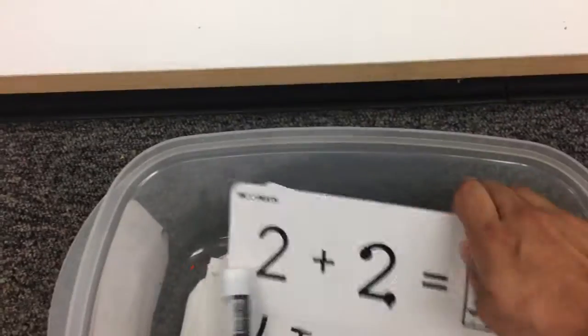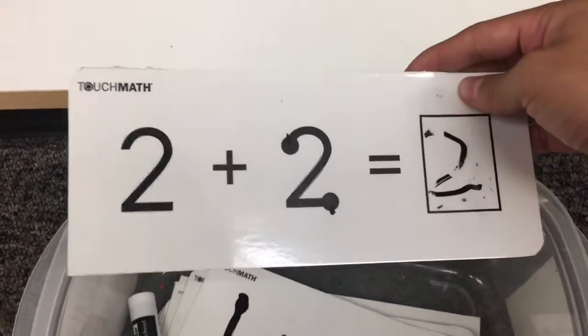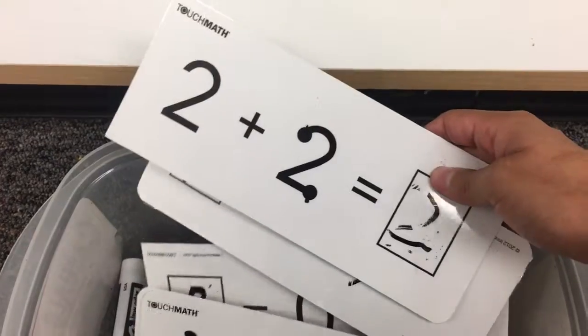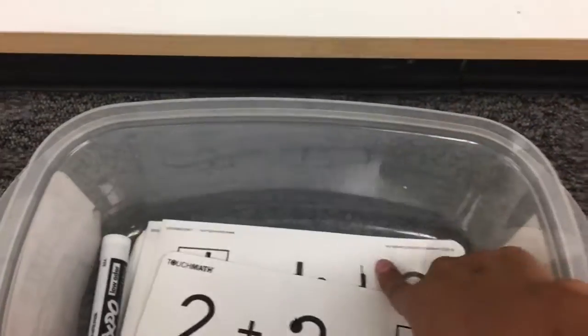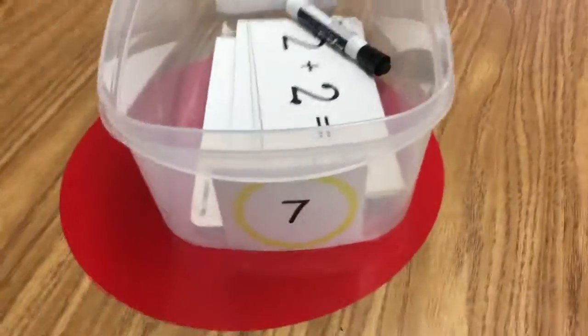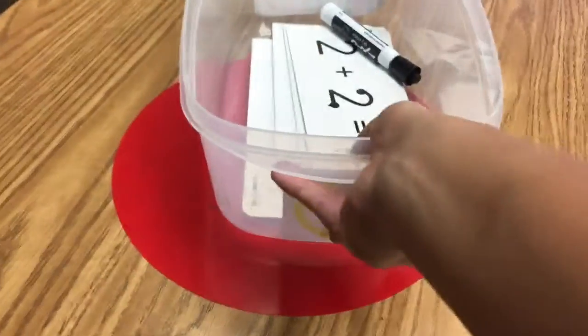So this activity, they just have to solve these touch math equations, and when they're done, they are supposed to erase it. You can see that a student did not do that. And once they're done, or once they grab it, they're going to go to their table, and they're going to do their activity. Once they're done with that activity, they're going to grab it, put it back where it belongs,